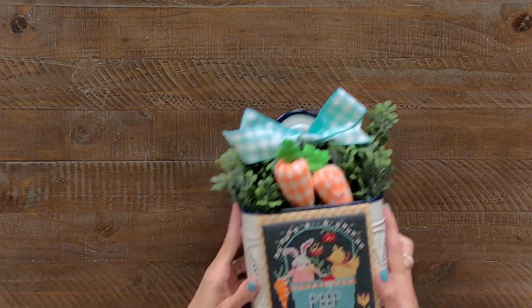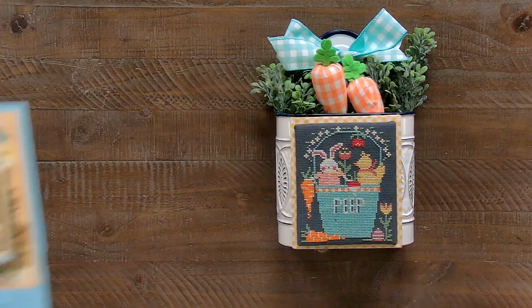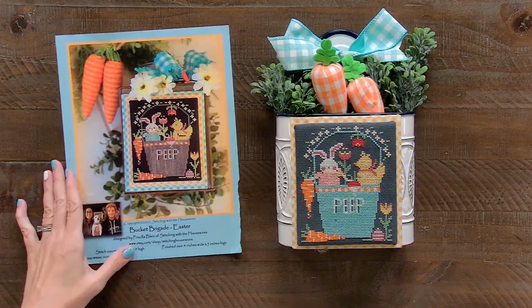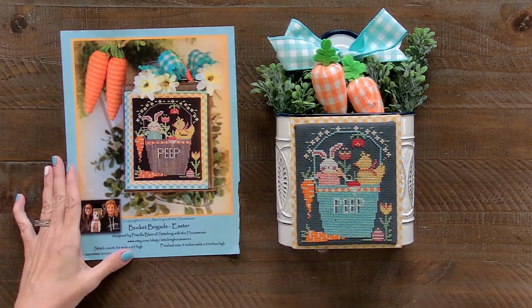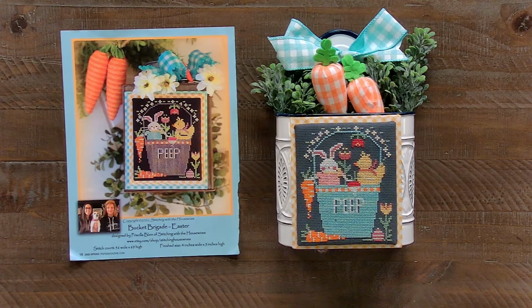Oh, and the next one, oh my gosh, it's my first time seeing it. Oh my gosh, I love it. It's so cute. Okay, this one was an unexpected stitch. This is called Bucket Brigade, the Easter Bucket Brigade. It comes from the Punch Needle and Primitive Stitcher magazine. I used all of the called for classic color works, but I changed the